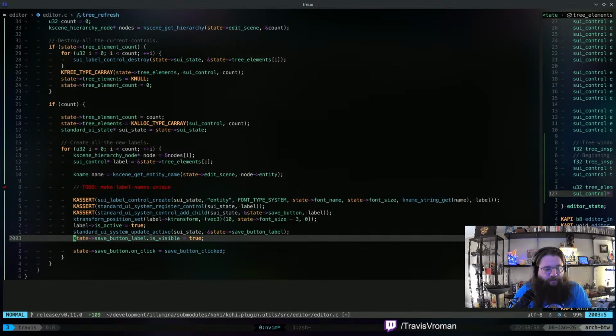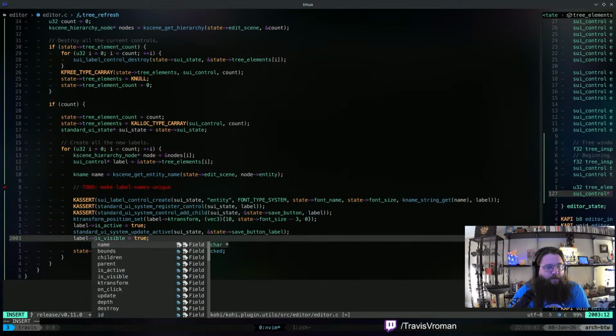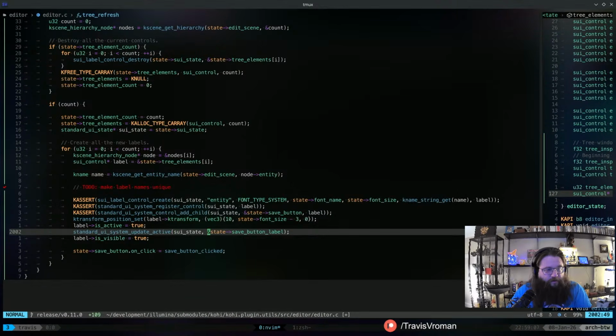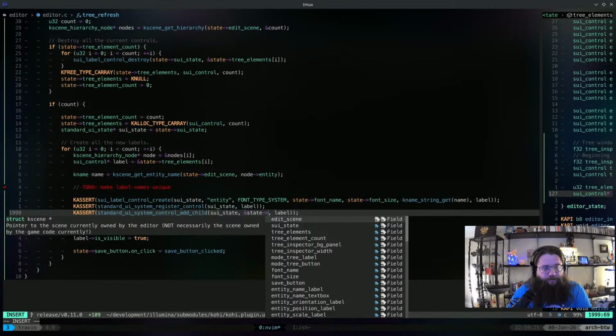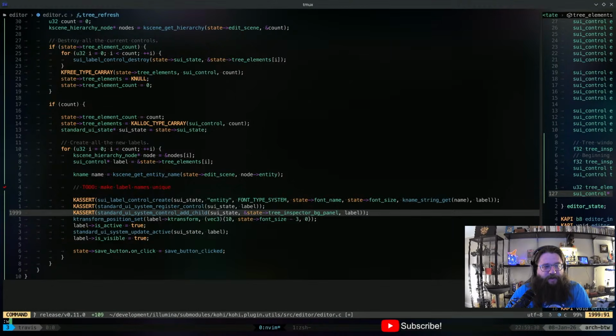I guess we need to do label is visible, and then, whoops, yeah, this just needs to be a label, right? And then we're going to add this as a child to the tree BG panel, right?